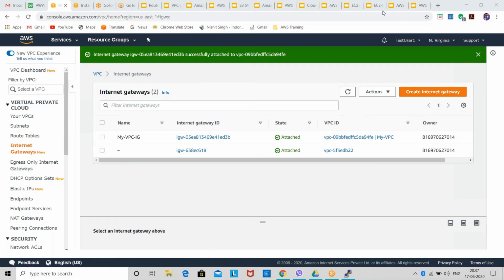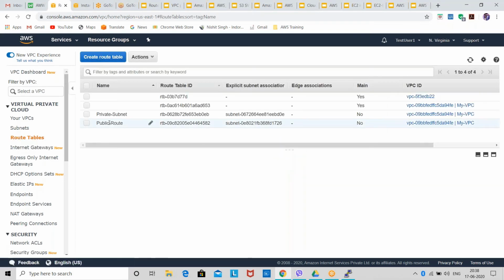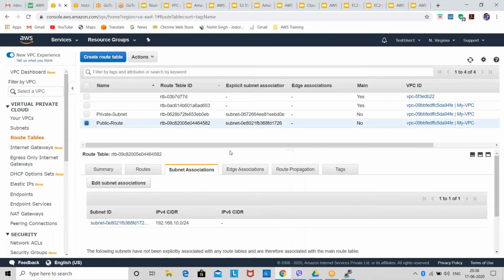But whatever new configurations we do in our VPC, we have to give the routes of each and every configuration in the route table, right? Because if our route table does not have the routes of anything, how will our instance get the access of any of the services? So we have to give the routes. We will go to route table and go to public route, because we have configured internet gateway for the instances in public subnet, and for those instances we have to give routes in the public route table.